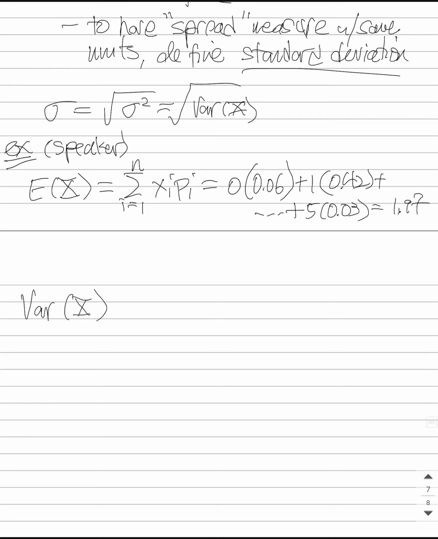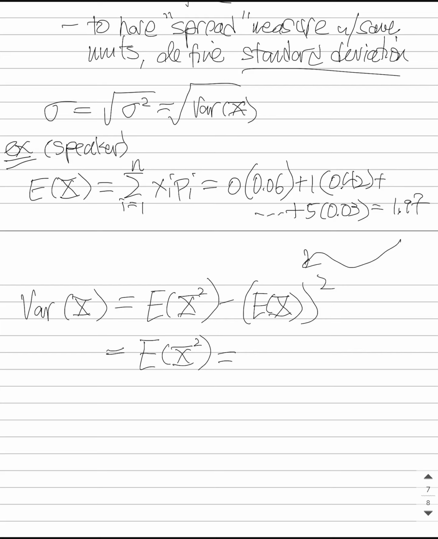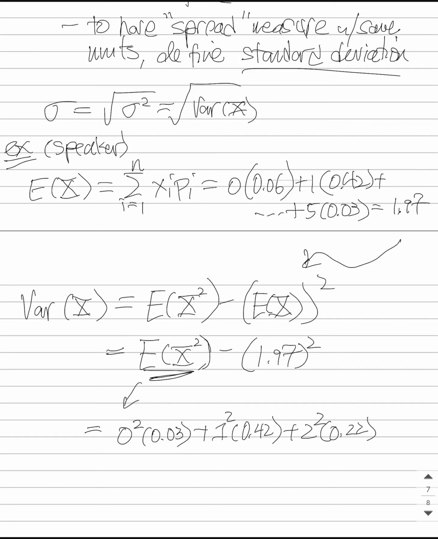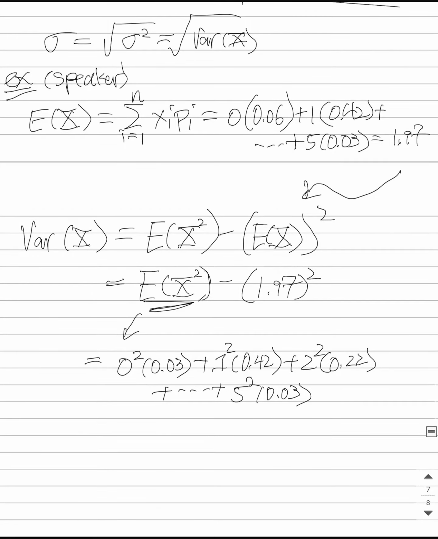Now, the variance can be calculated with the computational formula. E of x squared minus the expectation all squared. And we like using this version because it's pretty straightforward once you've calculated the expectation. Then the only thing that's left to do is to take the values directly and calculate this first term. And this first term is just as easy as one extra step. It works with the values directly. So for example, this would be 0 squared times 0.03, outcome 1 squared times 0.42, outcome 2 squared times 0.22, all the way down the list, 5 squared times 0.03. Once you calculate this number and you plug it all in,